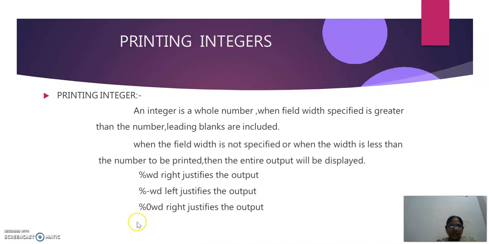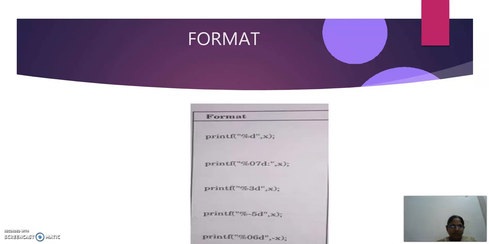See here you have three categories. %wd is right justified. If you have a negative width, it is left justified. If it is 0, it just right justifies the output. And one more thing here. What happens if you write %3d? It will not print 3 times your integer value or prefix it with 3; it will print the value of that variable. Say for example a is equal to 10. %4d prints 2 spaces and then 2 characters for your output. That means it is right justified. If it is negative, then it is left justified.